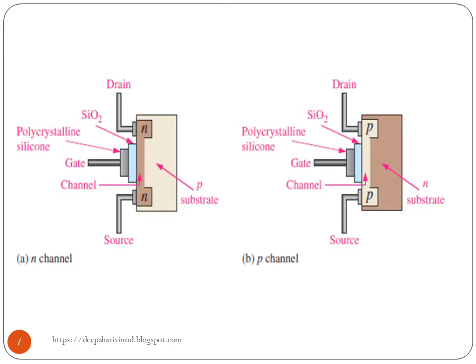So we can see the circuit, or the diagram, for N channel as well as P channel. Here, this is the P substrate, this is N region, this is N region, and in between them there is a channel. In the same way, this is N substrate, both these regions are P, and between them there is a P channel. So depending upon the channel, it has the name, like this is N channel D MOSFET, and this is P channel D MOSFET.